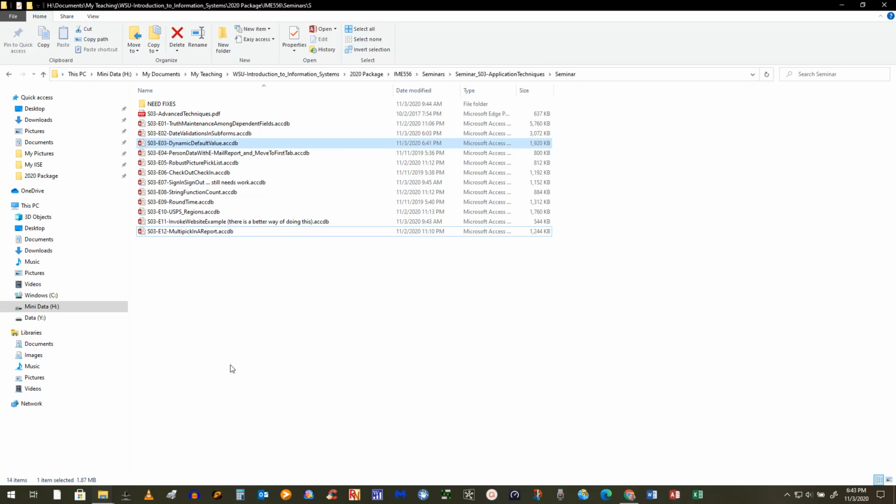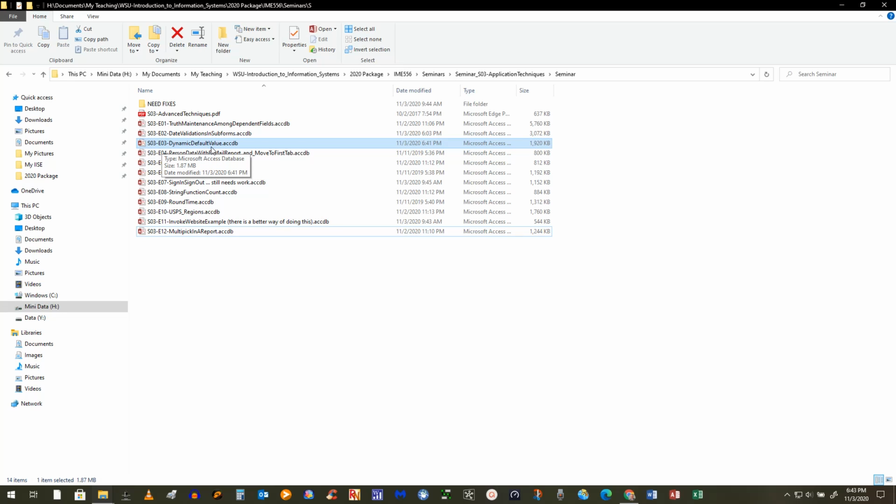In other words, when there is a change to the value in that field, can I have it come up so that on new records it'll continue to have that value until I change it again, and then it'll come up with that value over and over? And the answer is yeah, you can do that through a macro, and it's actually extremely easy to do. So in this one, we're going to do